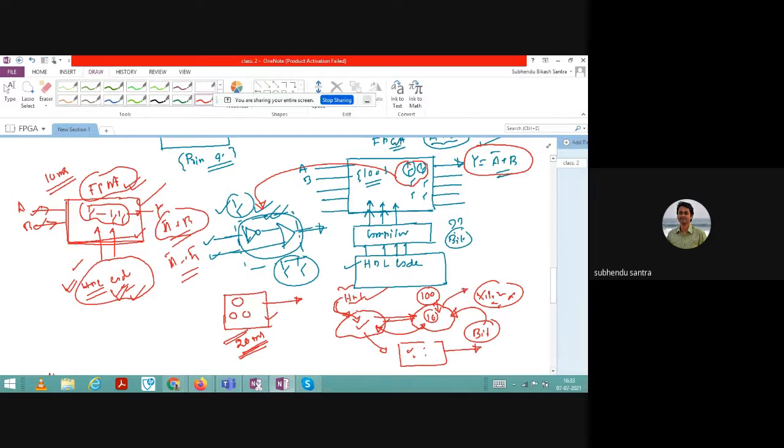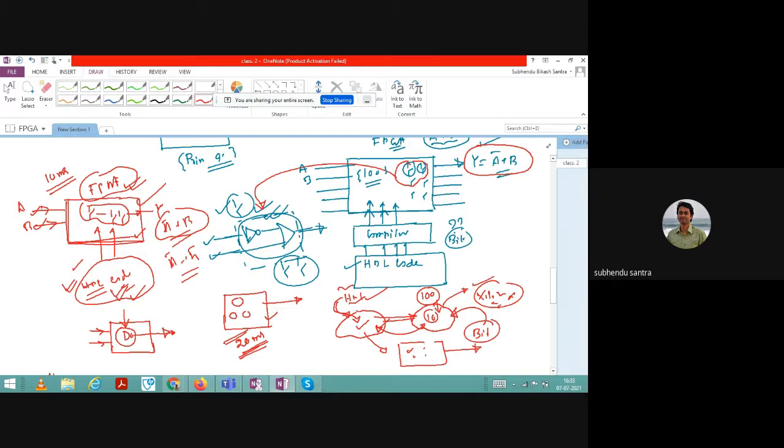So after bit file generation and then the burning process, it is simply like this. You have this hardware, let's say this is your FPGA, okay, and then this A and B, these are the inputs, and internally you can generate a NOT gate, and this is the output. So basically the code is converted to a simple circuit, and that circuit will give the output. Now as far as your question is how it can automatically generate the circuit for you, it is the task of the compiler, and this company Xilinx has already done this job beautifully. That's why it is so popular in the industry.